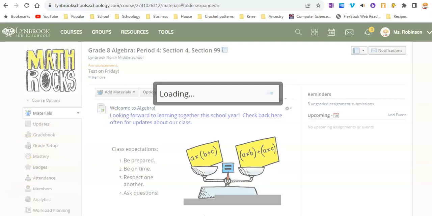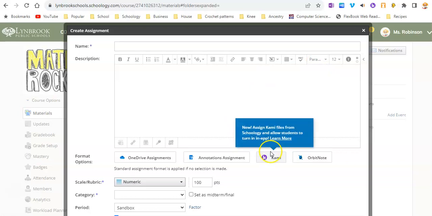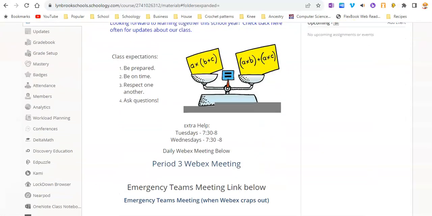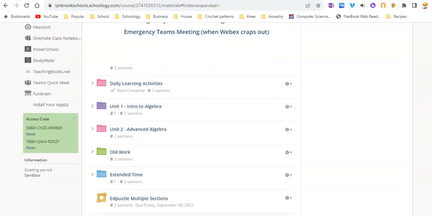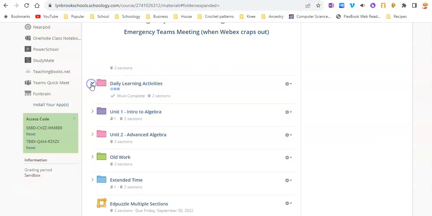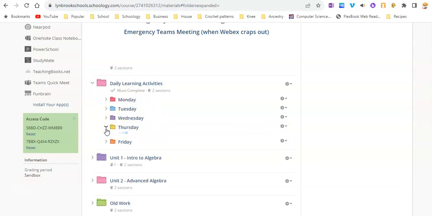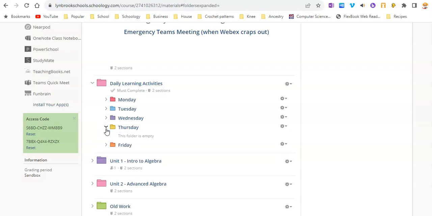So let's get started. Instead of using the assignment feature and using this Kami button, what Kami has done is made it easier not just for you to assign, but also made it easier for the students to actually submit their Kami assignment. So I'm going to first decide where I want to put this in my Schoology course, and I'm going to put it under my daily learning activities, and let's say this activity is going to be for Thursday. So I'm going to open up my Thursday folder,